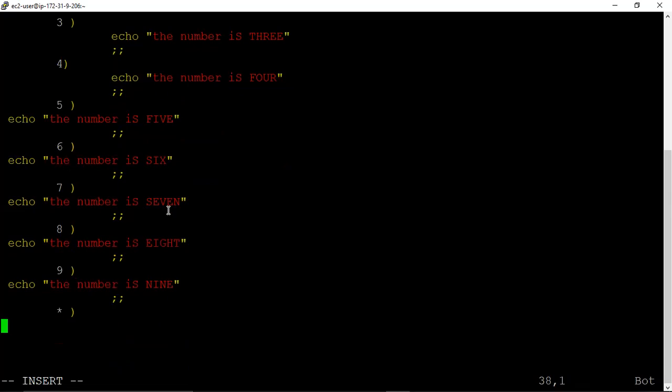If these values are not entered, obviously you will have entered other values. So in that case, we write: enter value between 0 and 9.